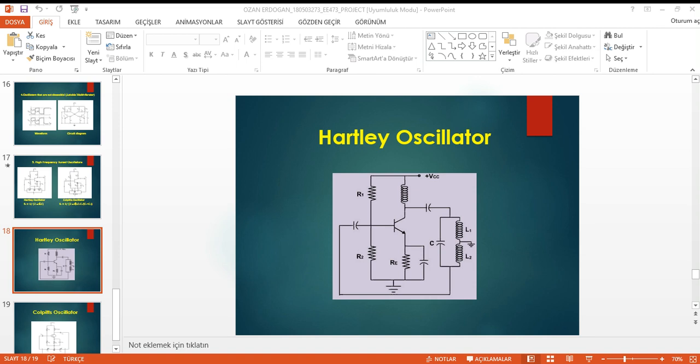The capacitor CE is the emitter bypass capacitor, and resistor RE is also a biasing resistor. CC1 and CC2 are the coupling capacitors. When the DC supply is given to the circuit, the collector current starts rising and begins the charging of the capacitor C. Once the capacitor C is fully charged, it starts discharging through L1 and L2 and again starts